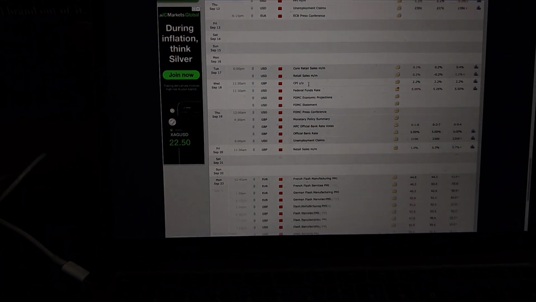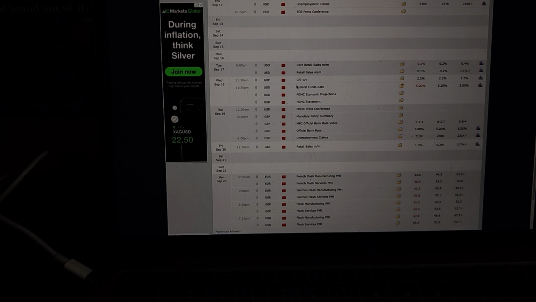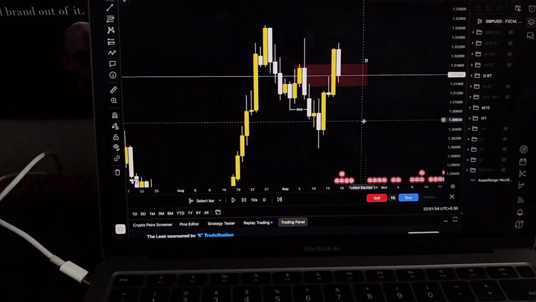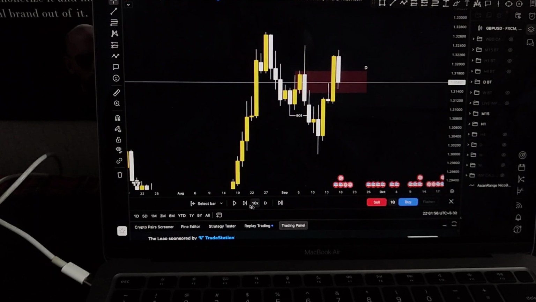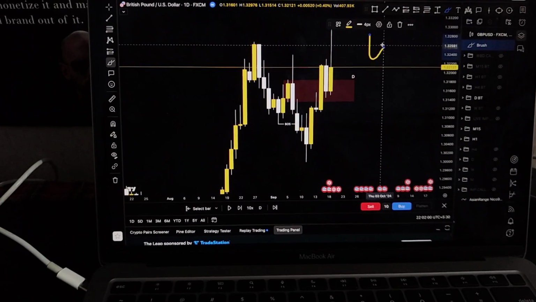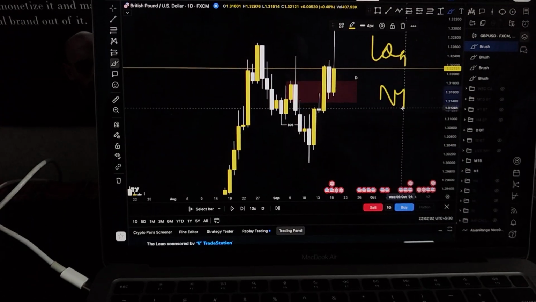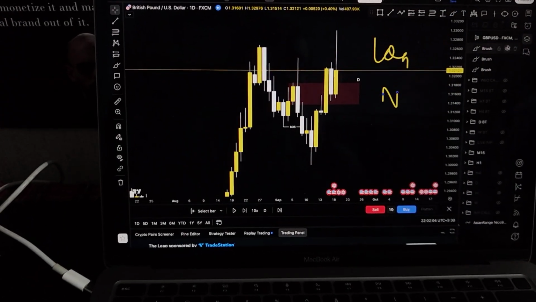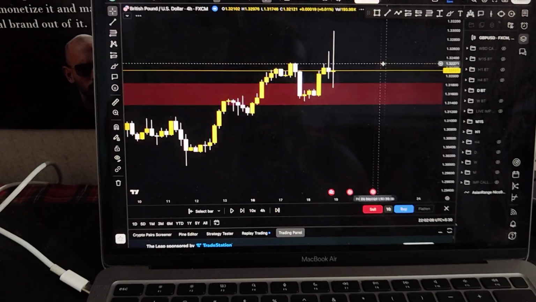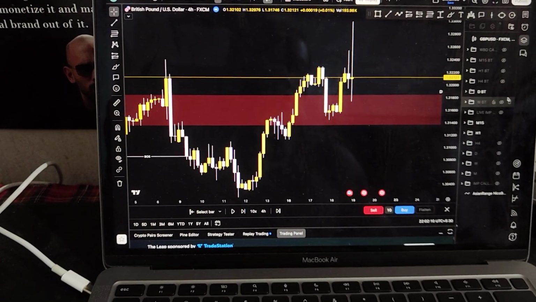Again, I'm saying on Wednesday also there was GBP CPI news and New York news. So what I did, I just didn't trade it, because whenever there is London news and New York news both on the same day, that is when I don't like to trade, because obviously the markets are going to be heavily manipulated on the day. And let me quickly show you what happened on the day.